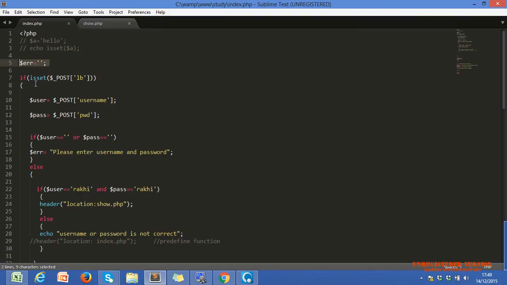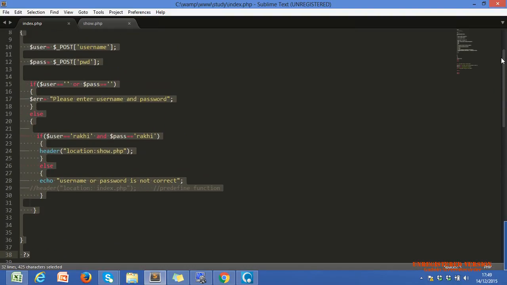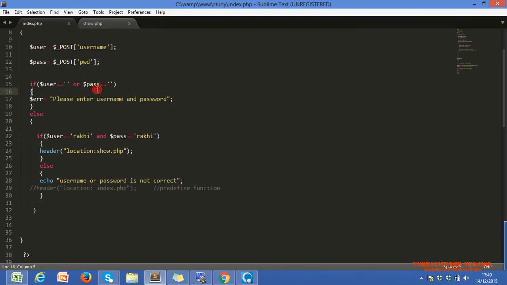Then this code executes only when our form is submitted. Within this code, if our $username and $password, meaning our inputs, are blank, we are just checking whether our inputs are blank or not.